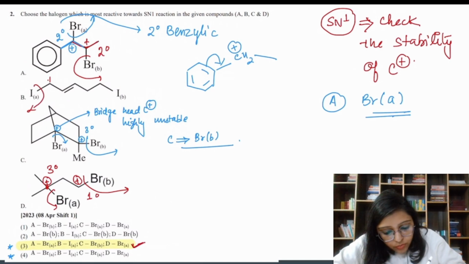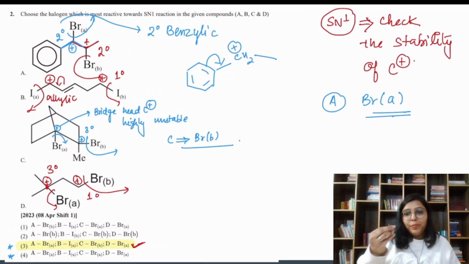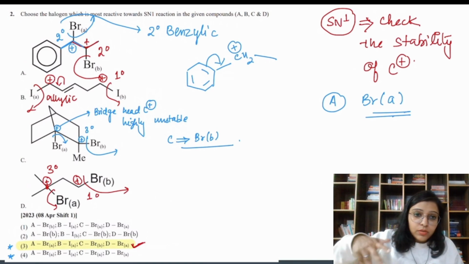If I remove this, we have a positive charge over here, which is allylic, because it is resonance stabilized. And if I remove I B, we have a positive charge over here, which is 1 degree. So here I A is more reactive, meaning iodine at the A position. If I remove iodine from here,